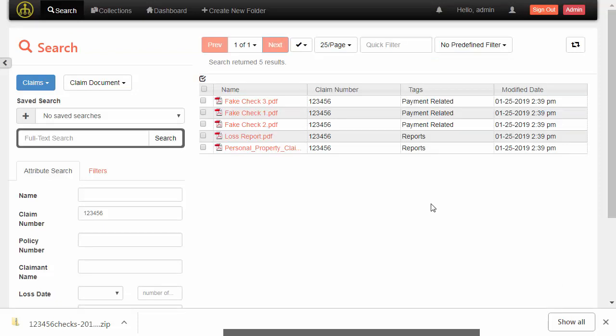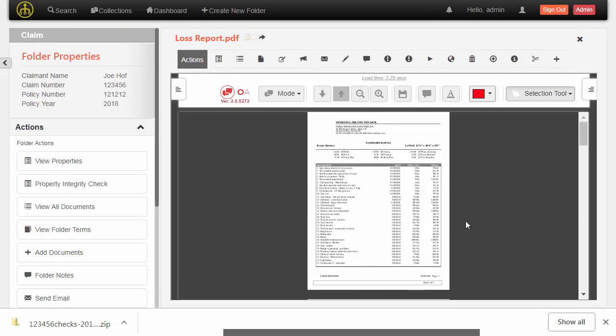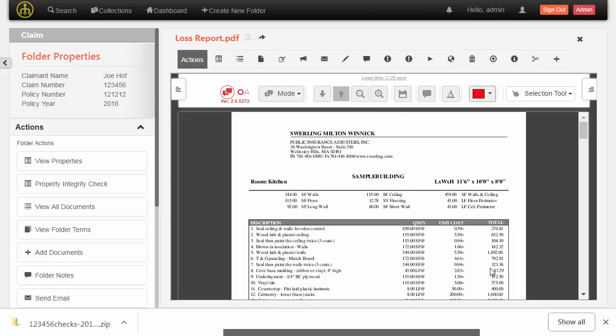So now that we've looked at very briefly our search page and features, let's go back into our folder and document viewer and take a look at what else we can do. So if we just click one of those document links, we're going to get taken right to that document and to our Open Annotate viewer. So when we're looking at this document here, we can zoom in a little, and the view that we're in right now is the TSG product called Open Annotate. So we could, if we need to, annotate on any of these